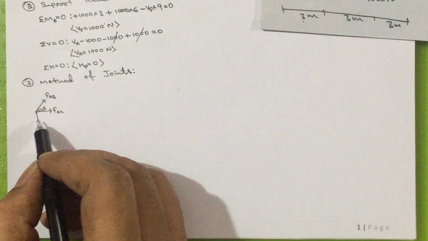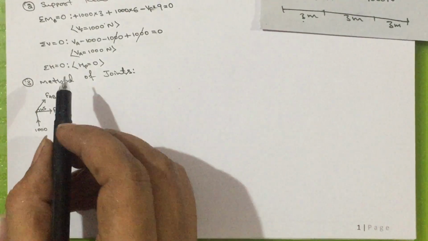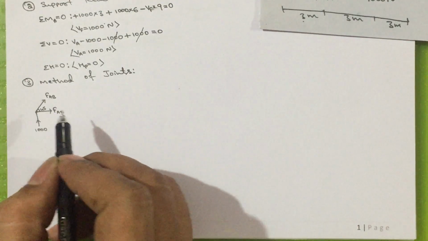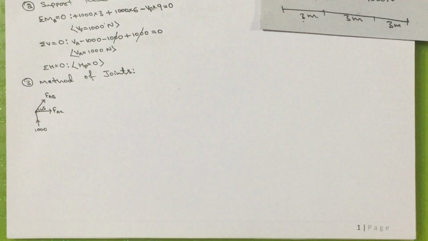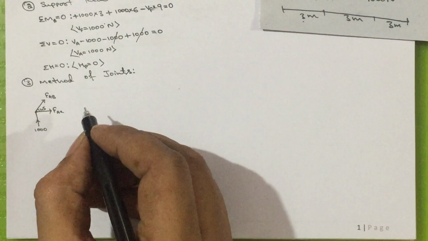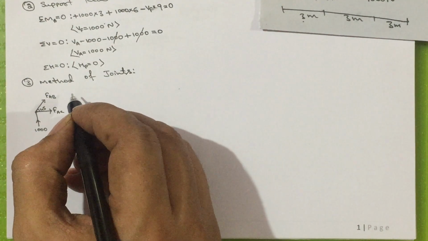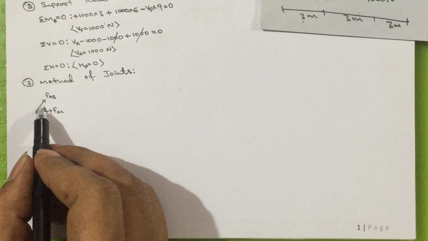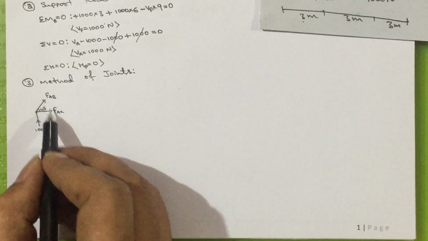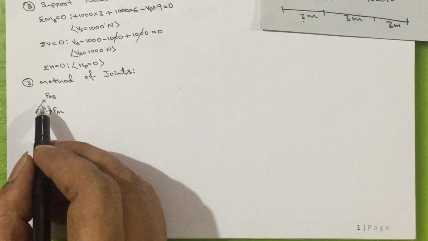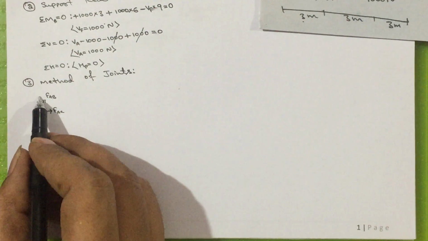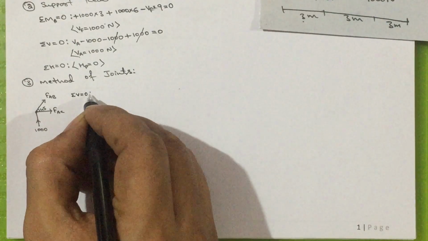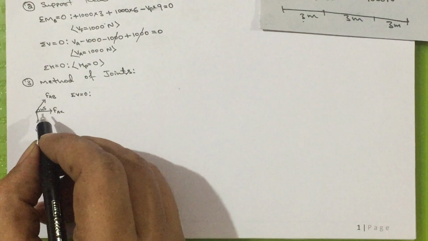Now, there are only 3 forces, but here the 2 forces are going outside and 1 force is going towards the point. So, let us calculate by using the equilibrium conditions only. So, first let us apply here. If we take sigma H is equal to 0, we will get FAC, FAB both, but if we take sigma V is equal to 0, we will get only FAB. So, first I will take vertical condition, sigma V is equal to 0, then calculate.